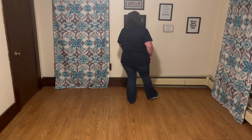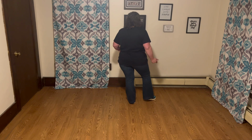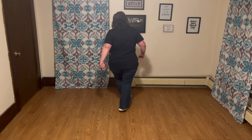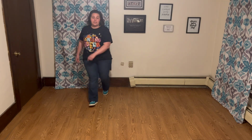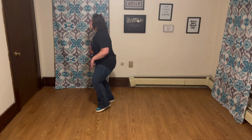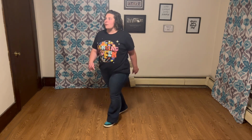Weight is split. You have your right toe available to do that knee in. So we're doing our knee in. Remember, you're putting that weight onto your left foot to start that dance. So knee in, knee out, hitch, behind, side, cross, big step, side, quarter, lock, step forward, touch, quarter, touch, and your coaster, step, step, half, pivot, quarter, C, bump, sit, ball, side, touch, behind, quarter, half, quarter, side, shuffle, cross,